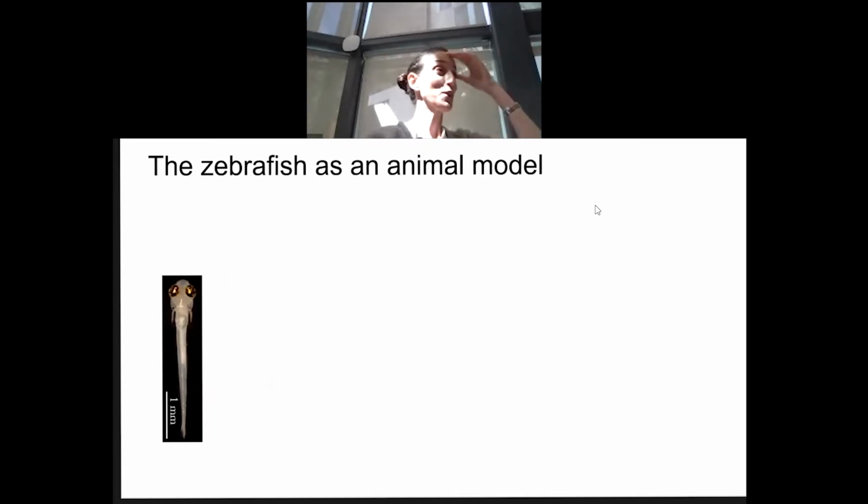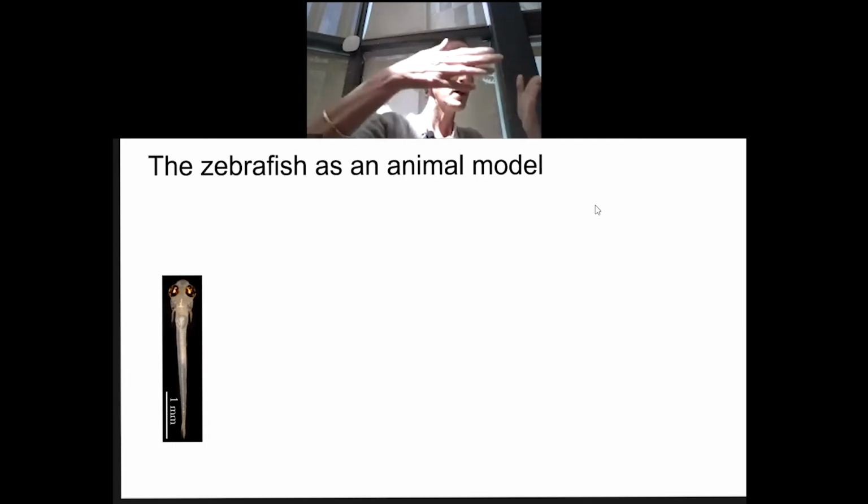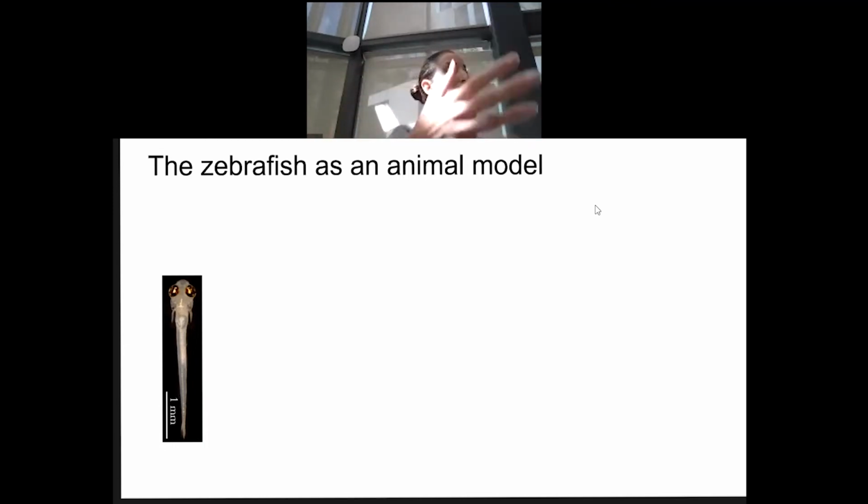So the animal model I'm working on is the zebrafish. Now you might be asking, okay, this is a fish, but where are the zebra lines here? I'll say that this is a mutant of the zebrafish that is lacking any pigment cells on the skin, which means that the fish is actually transparent. And because it is transparent, we can image the brain through the skin without doing anything invasive. So we can look at the brain as the animal behaves without doing any surgical intervention.